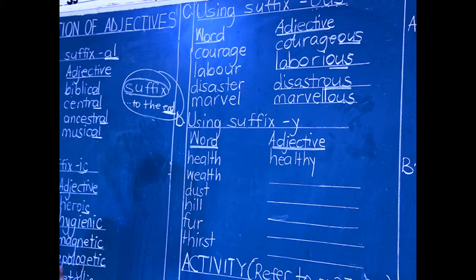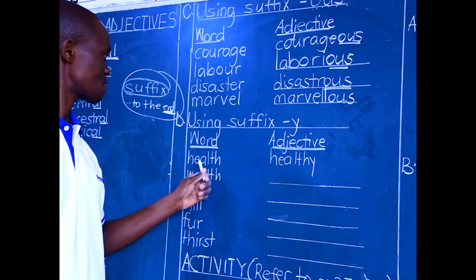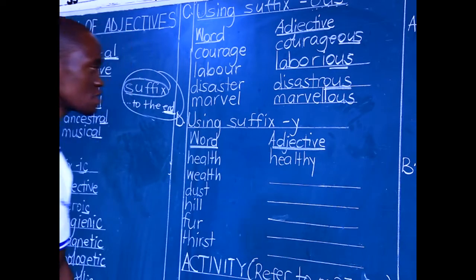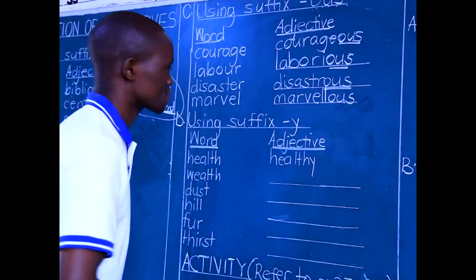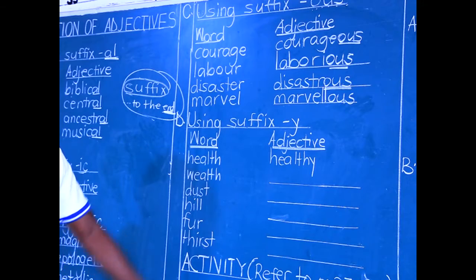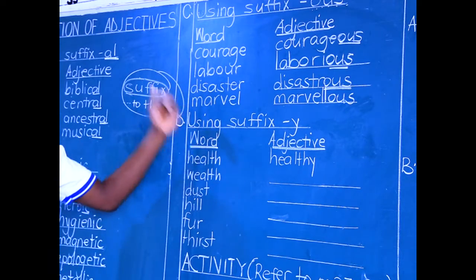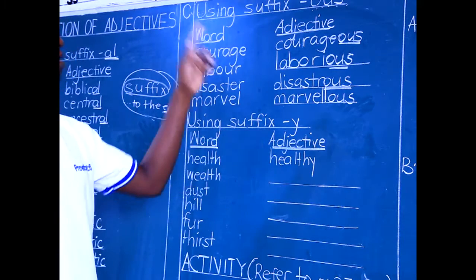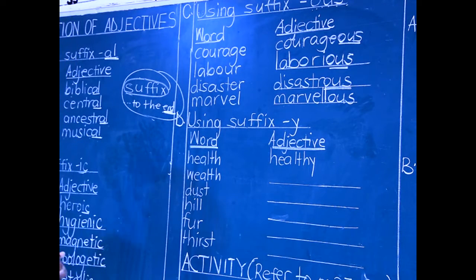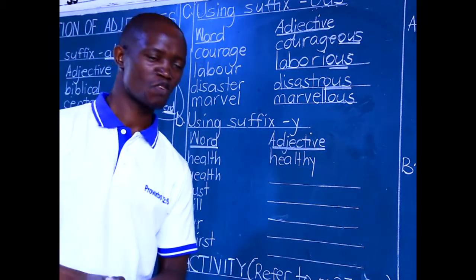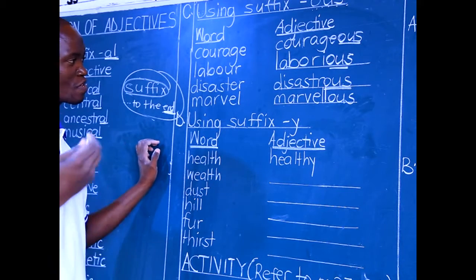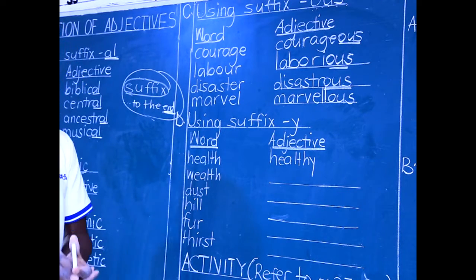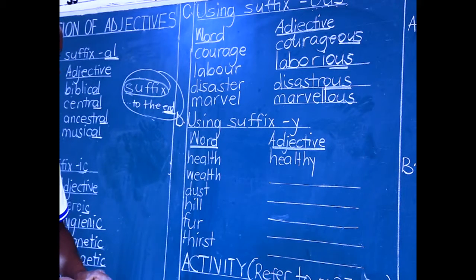The next category of adjectives formed using suffixes, we have the ones that are formed using suffix Y. Like I said, in any category, you can think of other words that can turn into adjectives by adding suffix IC or OUS. It is impossible to list all of them and put them in your book. For others, I advise you to continue making further research. You may use a dictionary, you may use someone who is maybe more informed than you in this area to add on to the list.